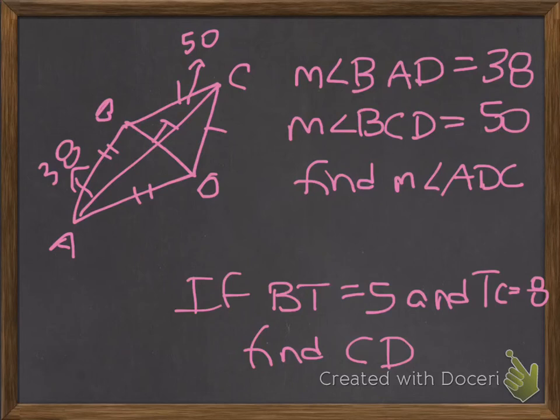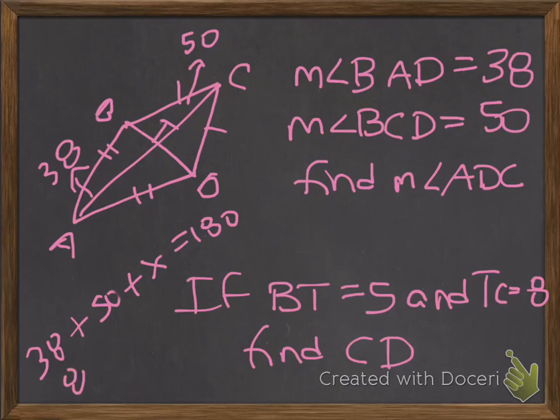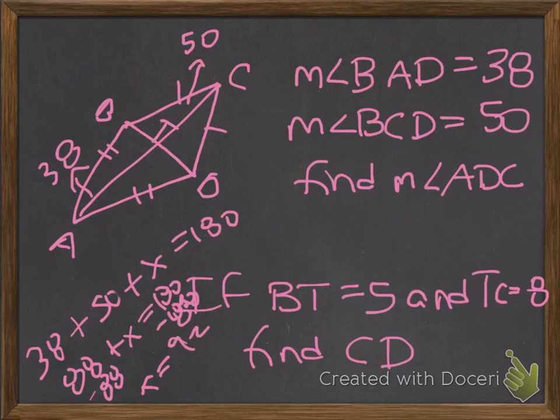So if we use that as an entire triangle on the left side, we would have to add up 38 plus 50 plus x equals 180. And then we can use that same x on the other side. So 88 plus x equals 180. Solve for x. So x would be 92, which makes the measure of angle ADC,